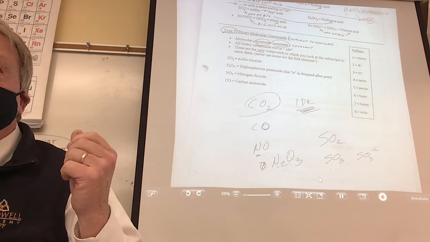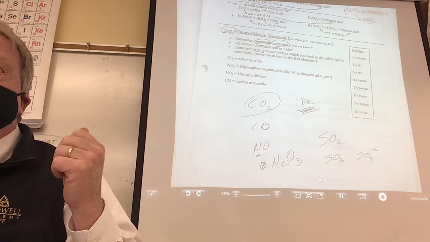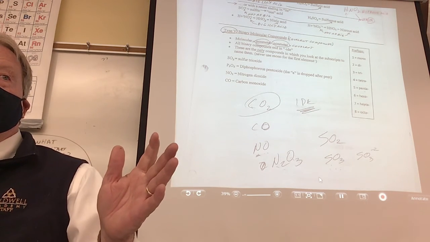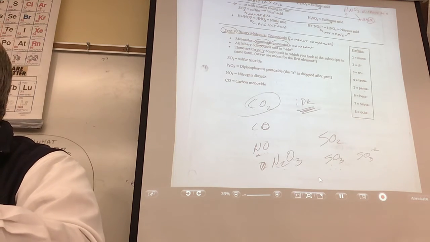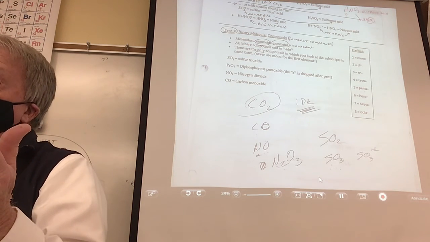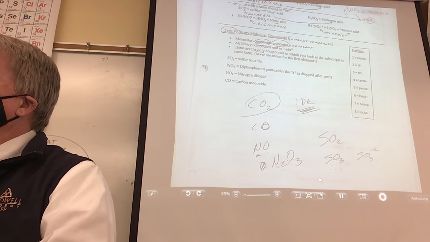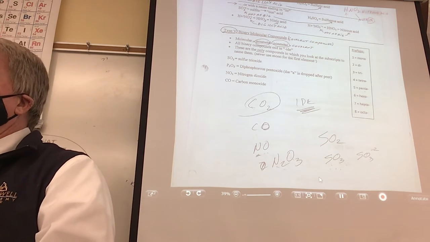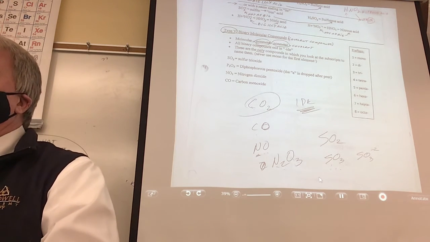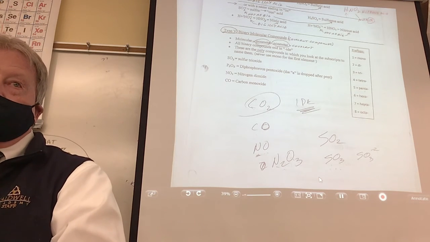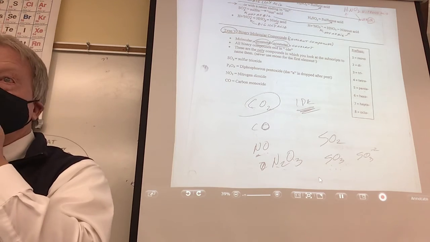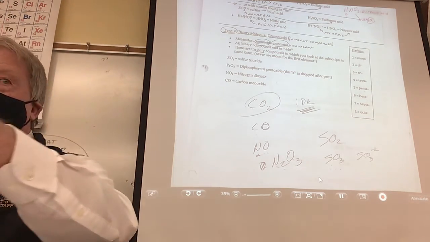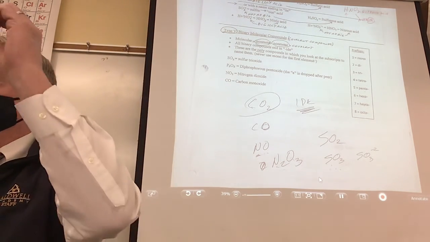No, it's in general. What do you think? Is it like an ionic compound? No, a compound has a net charge of 0. Atoms have a net charge of 0. What do you call a group of atoms that are bonded together, but whose net charge is not 0? Element? No, they're 0.